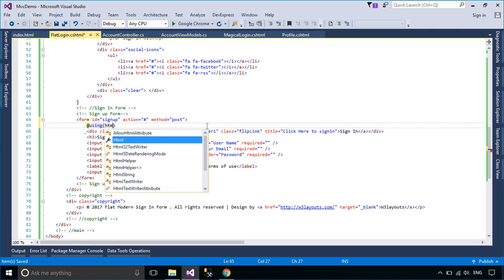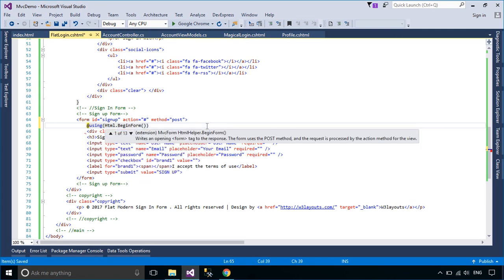Similarly, you can use the BeginForm method to create a post request for the flat modern sign-up action.